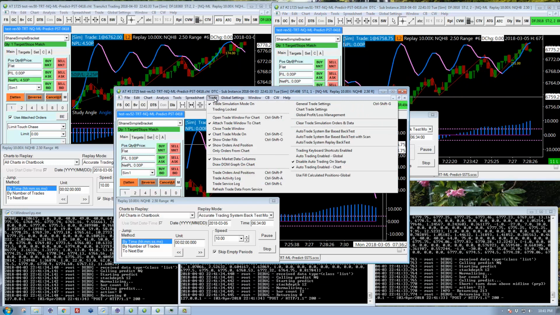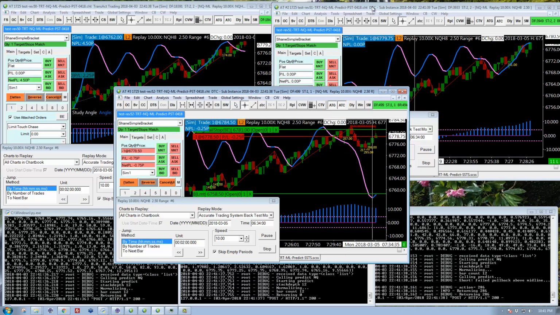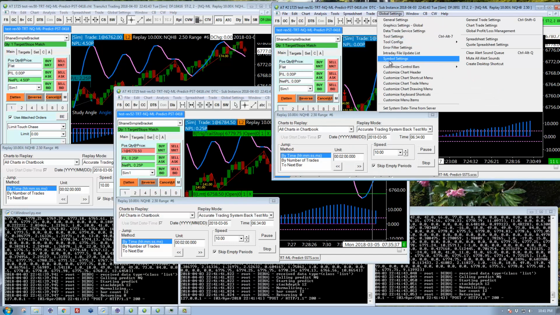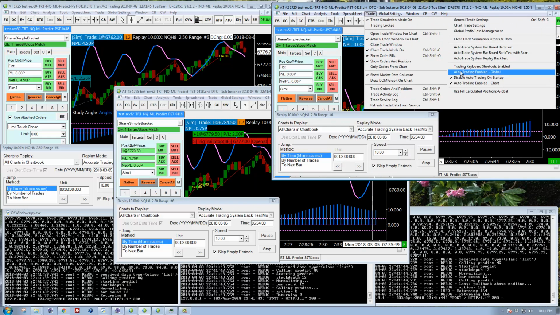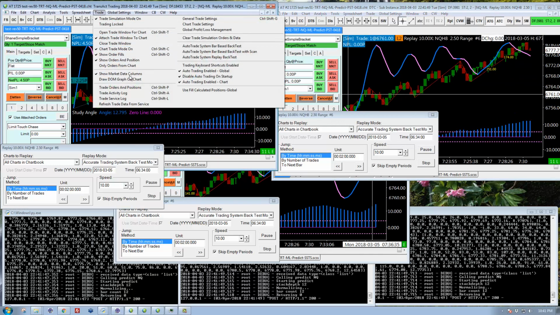And I need to redo it because I forgot to turn on auto trading here for these two. So I'm going to have to restart this. Probably this one as well. Yeah, okay, so I'm going to have to restart this. But you can see what we're doing here is